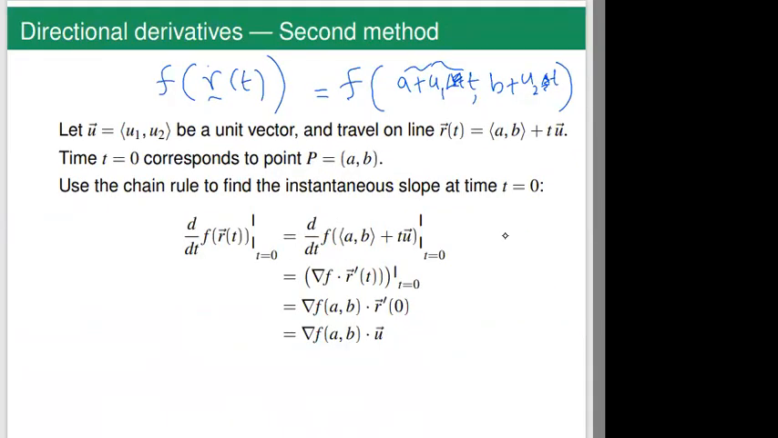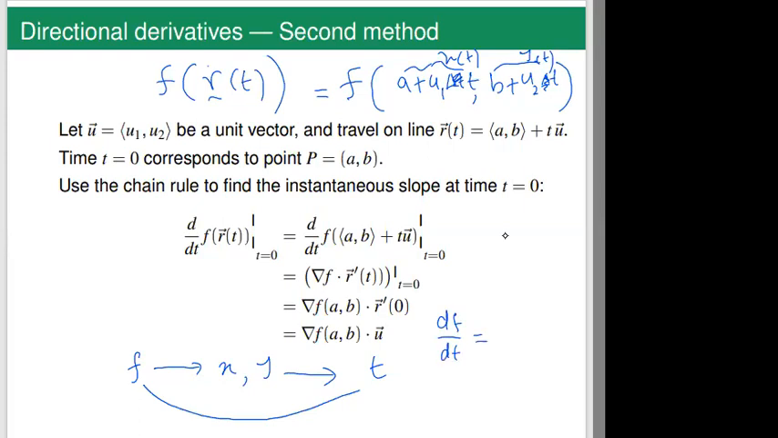So this is your x of t, and this is your y of t, and f is a function of x and y, and x and y are functions of a single variable t. Now we use the chain rule: df by dt is equal to